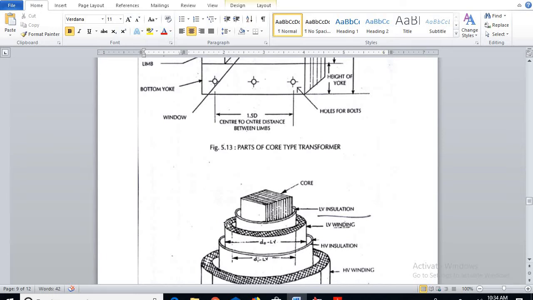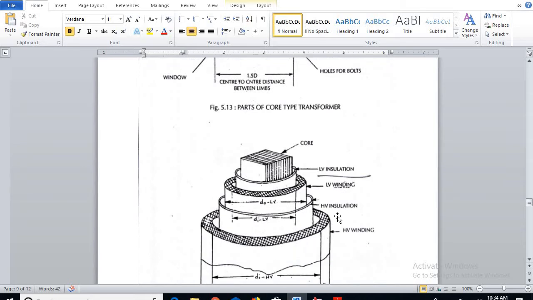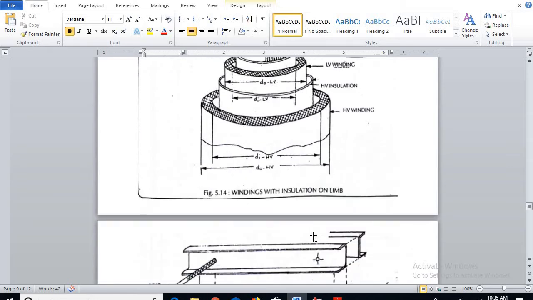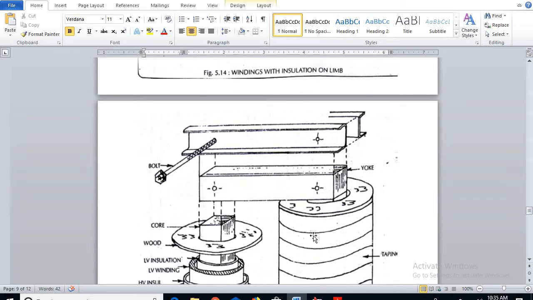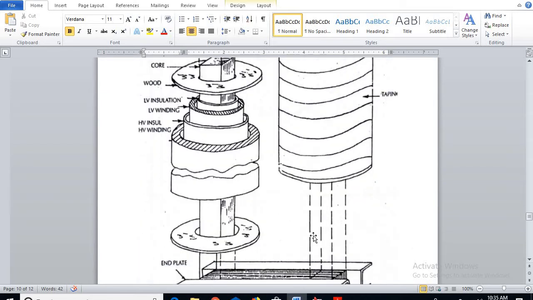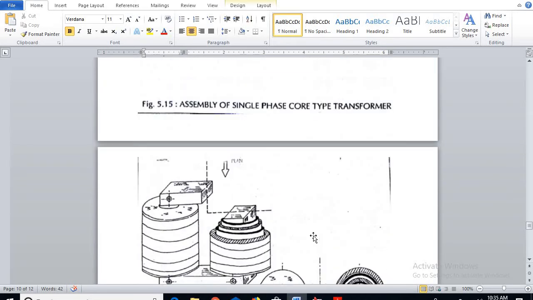Next to the LV winding, again insulation comes into consideration, that is between LV and HV. After HV insulation, HV winding will be taken into consideration. So when we go for the windings, we have to consider both the inner diameter as well as the outer diameter values.